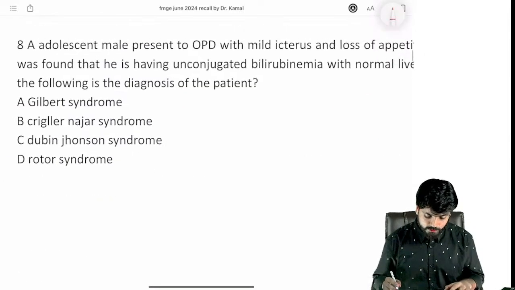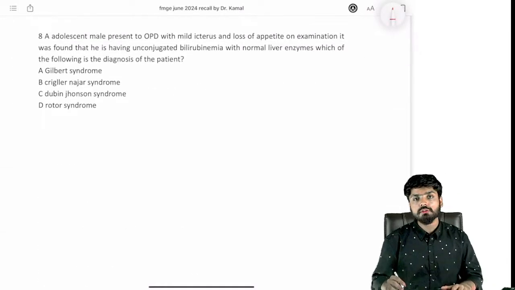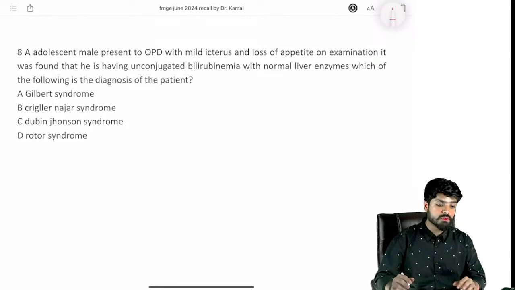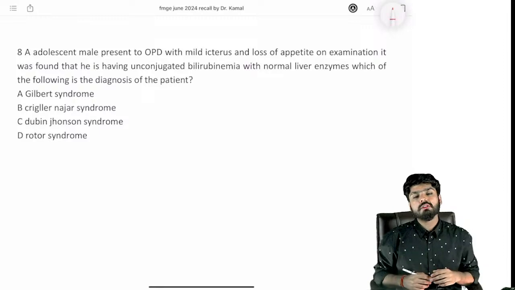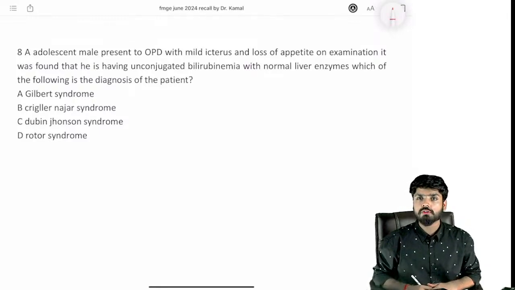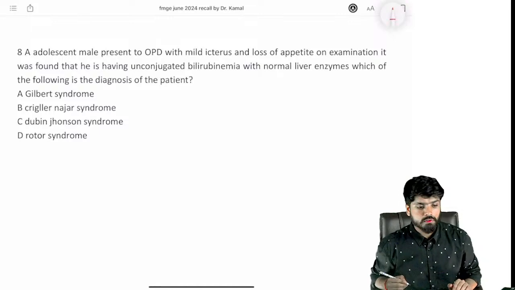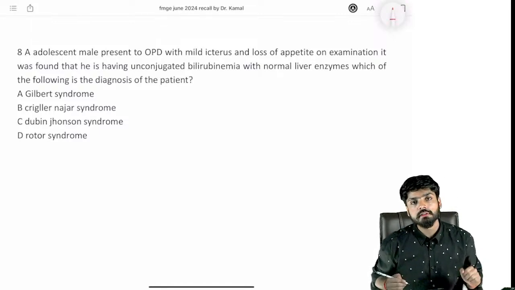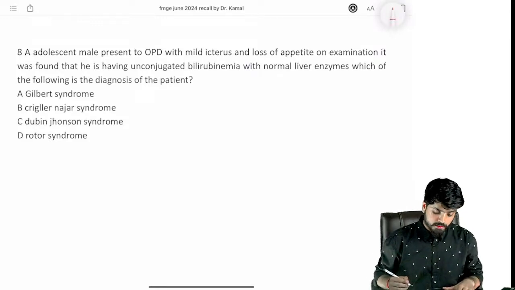Okay, moving to the next question. It's the last one, so this is the last question for biochemistry from my side. Definitely there are other questions in the session about biochemistry, but I guess most of you have correctly answered them, and there was no problem with the questions. If there is any question I didn't mention in the biochemistry section, you can simply tell me in the chat box and I'll discuss it.